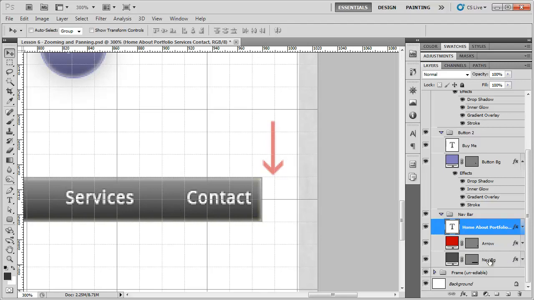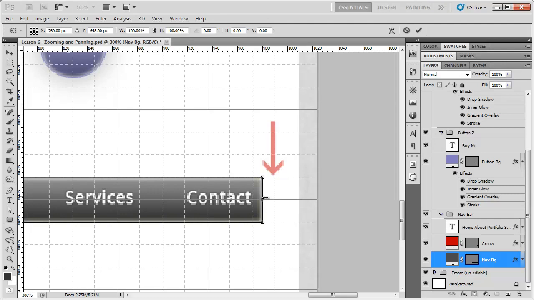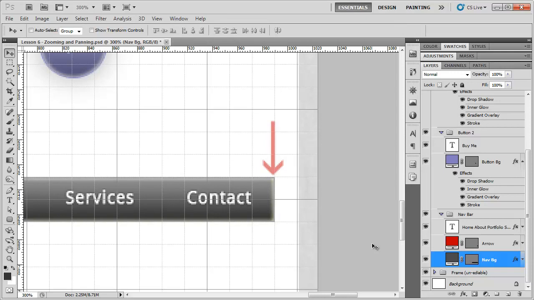Again, before I can change a layer, I must select it. So click on navigation bar, and then if you remember, the shortcut key for free transform is Control or Command and T. I'm just going to drag this over like that, and it's perfectly in line, and then when I'm done and I'm happy with it, press Command or Control and Enter. Now before we're happy with everything, we need to see it at 100%. So again, back to my zoom tool with Z,